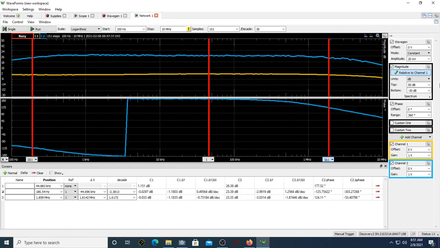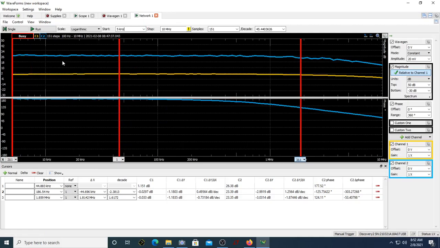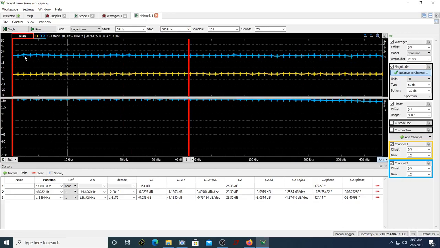Very important thing is, what should be the frequency of this? Start frequency should be at low frequency, and the end frequency should be high enough so that you are able to get the entire bandwidth. Suppose you keep the start at 5 kilohertz, what you will not see is what is happening at a low frequency. You cannot see that. Suppose you keep this at somewhere around 500 kilohertz, you cannot see either of the frequencies. What you are seeing now is only the mid-band gain.